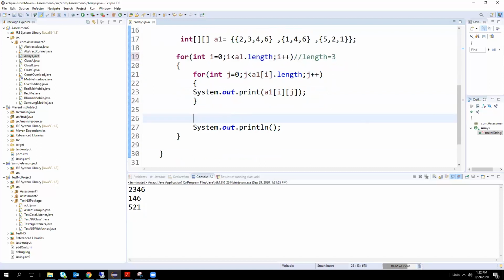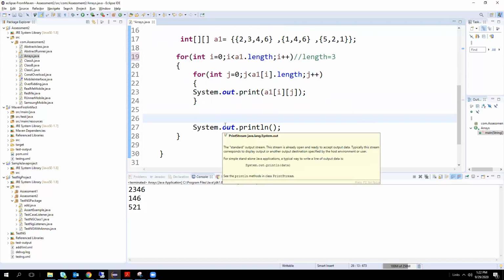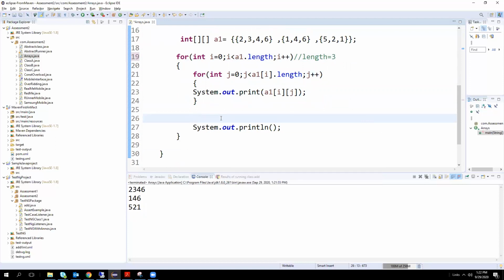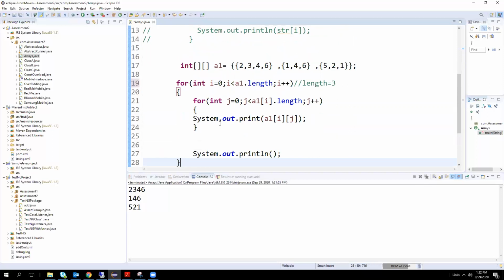Is it clear for everyone how to read the two-dimensional array? Is it clear? Then we go to the three-dimensional array. For three-dimensional, how will we write? We have to give one more square bracket. For these elements, again we have to use one more array.